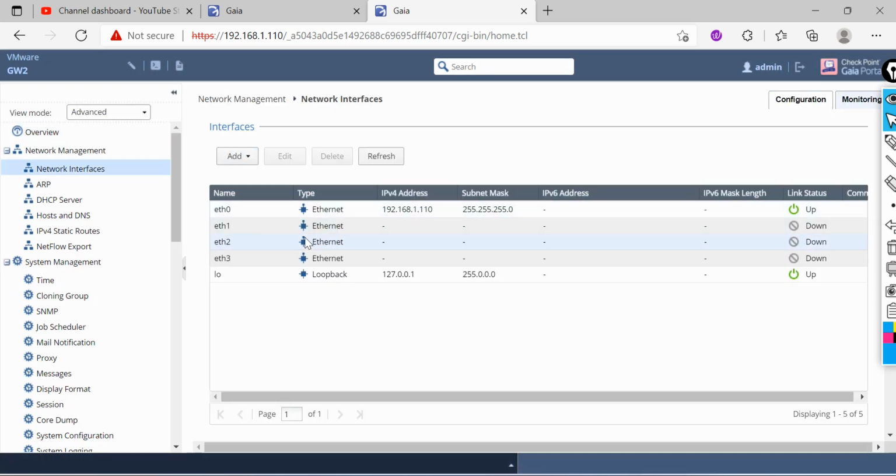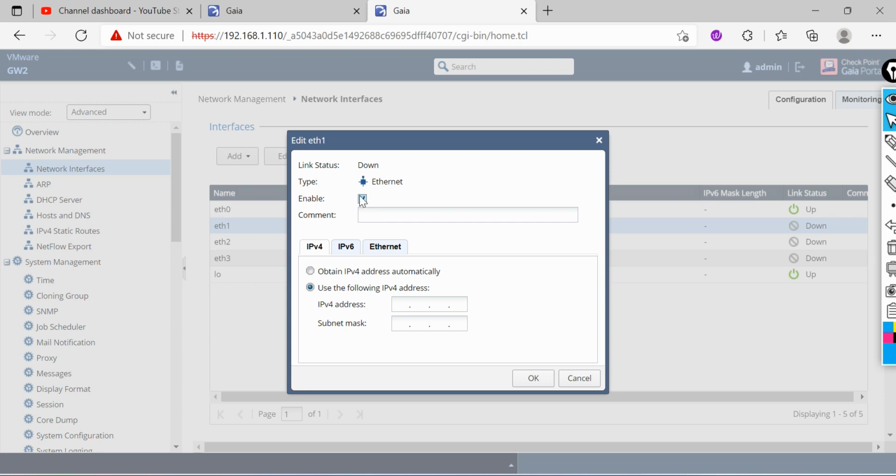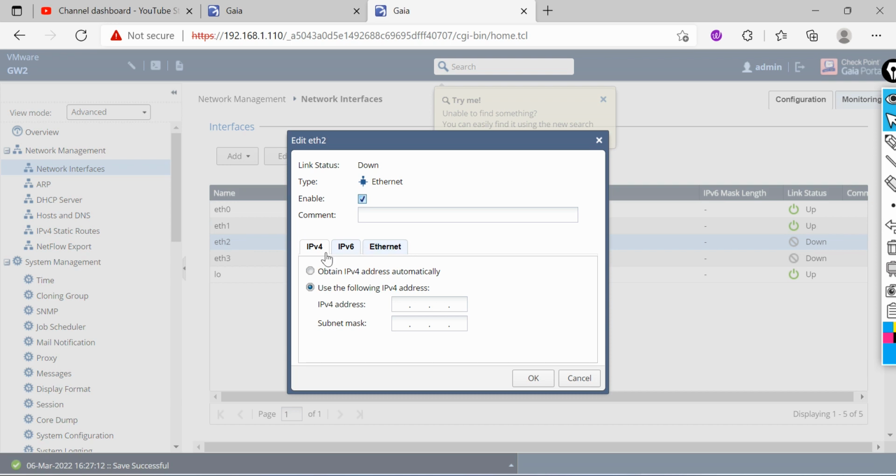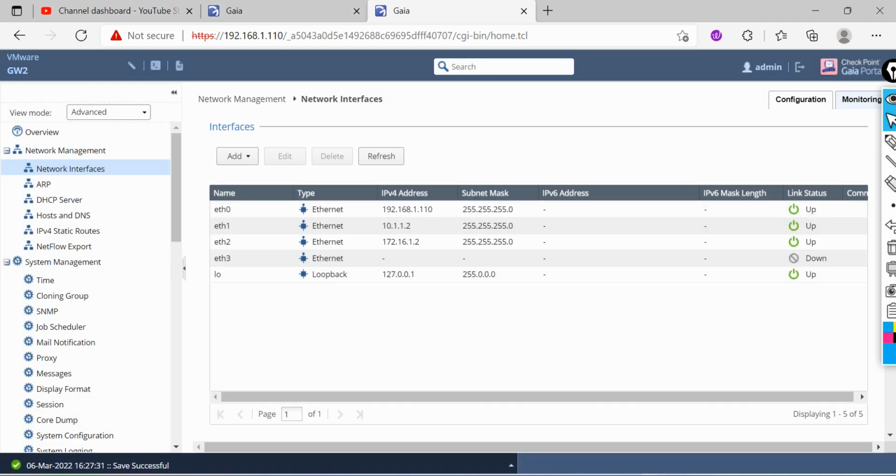So here I'm going to set ETH1 as internal. So the IP is 10.1.1.2, 255.255.255.0. Okay, the ETH2 is your sync interface, so it's 172.16.1.2, 255.255.255.0, right? So now go to your Checkpoint